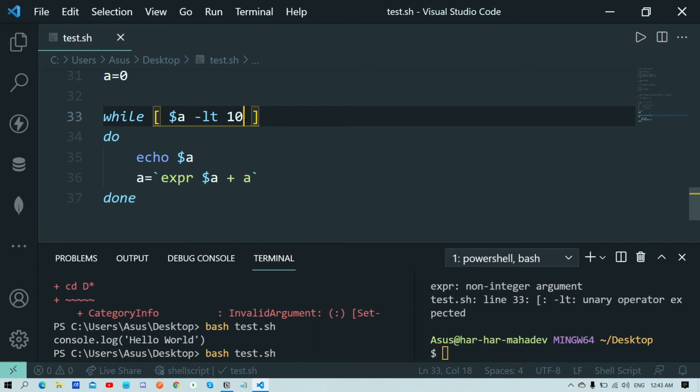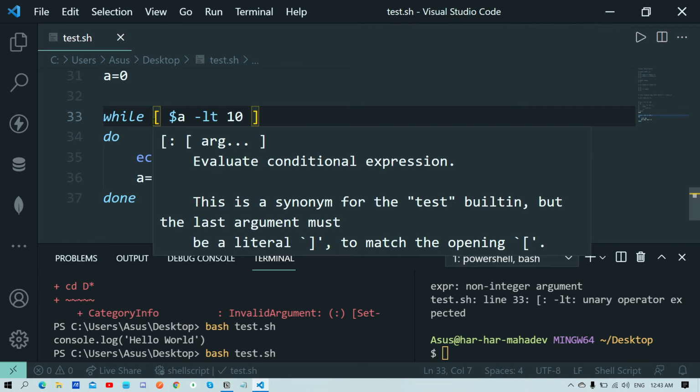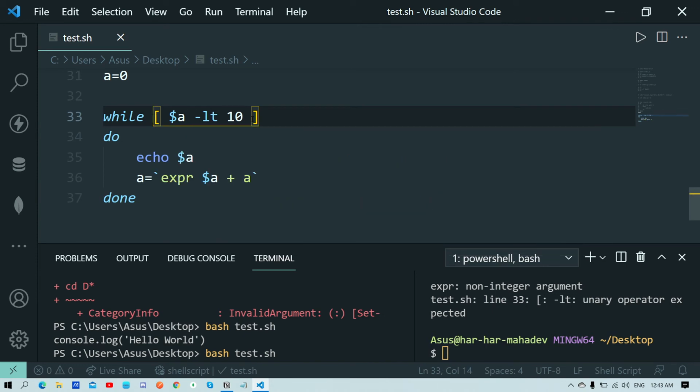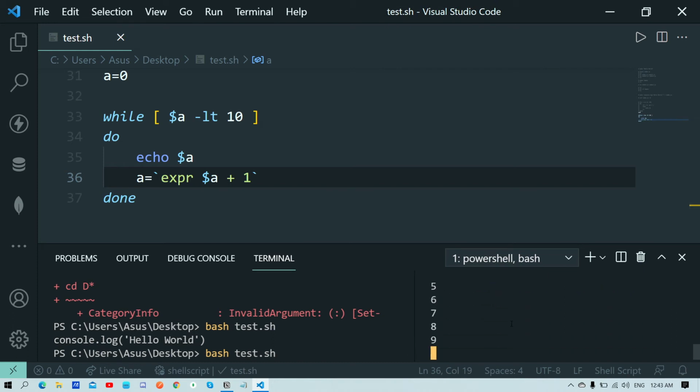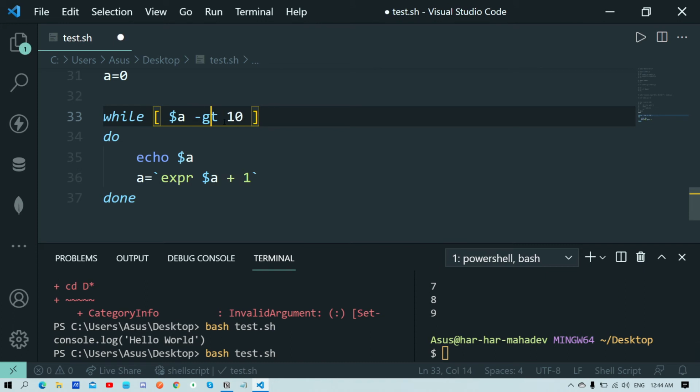Line number 33, while. Everything is perfect, I guess. There is nothing wrong. This is plus 1, sorry. Okay, this is printing. Now if I use GT and hit it, it won't work because it's not satisfying the condition.